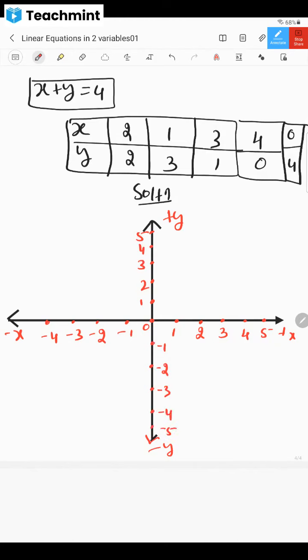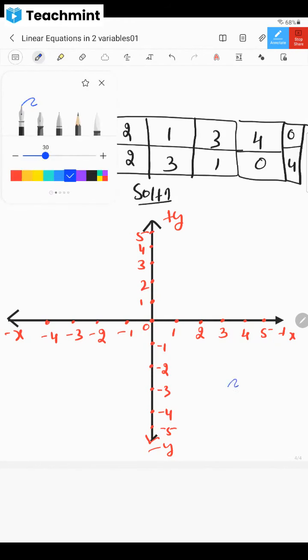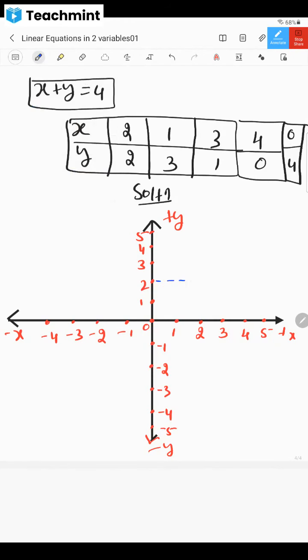(2, 2), where it comes, everybody knows it, no? So how to draw this (2, 2)? Don't you think (2, 2) comes here, dear children? Here is (2, 2), right? So I'm not going to plot that with lines and all, I can plot it directly here. (2, 2) means somewhere it comes here, right, dear children?